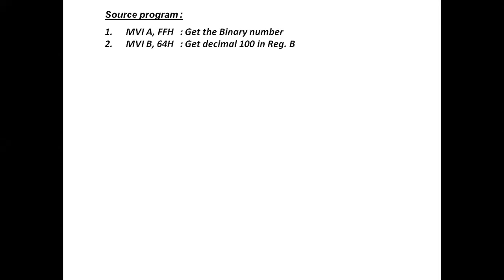Now we have to subtract decimal 100, so we have to store decimal 100 into a certain register. Decimal 100 is equivalent to 64 hexadecimal value. So 64 hexadecimal is stored in B. Actually, we are storing decimal 100 in B, which is equivalent to 64 hexadecimal. And then we initialize the C register to hold the value of BCD3. BCD3 is what? Whenever the number is taken and subtracted by 100, it counts how many times it is subtracted. That counter will be stored in C.